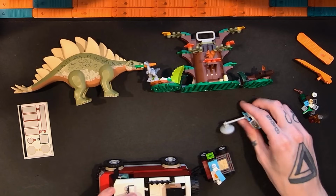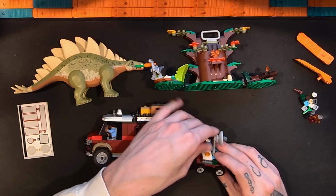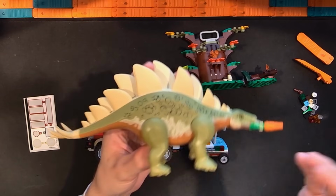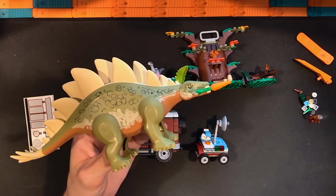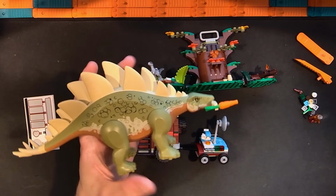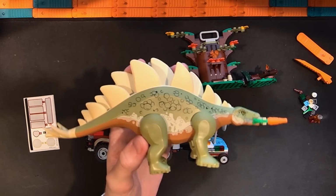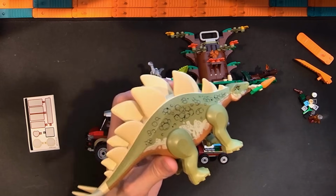Interesting stuff. So Jurassic World sets or city sets or anything that comes with like bigger molded animals, especially if they're new and new prints and new molds and all of that stuff. You know, if I'm thinking about this, I think Lego, in terms of their suggested retail price for this kind of stuff, is probably $20 or maybe a little less, maybe a little more. I don't know the market for this in particular. I know there's a set that came out somewhat recently with the Titanosaurus. That one is like a new thing that is going to be an expensive set. That's an expensive dinosaur, or maybe this is about to come out. I'm not 100% sure, but